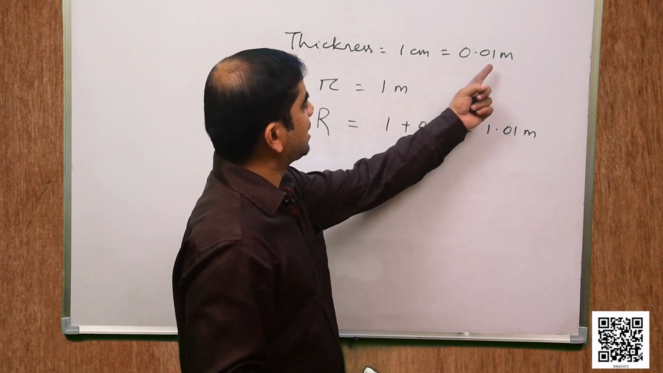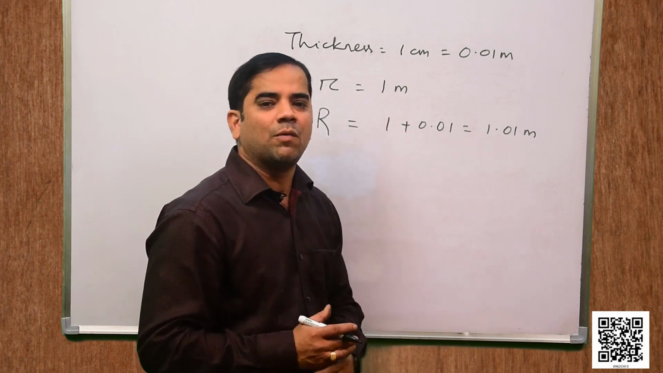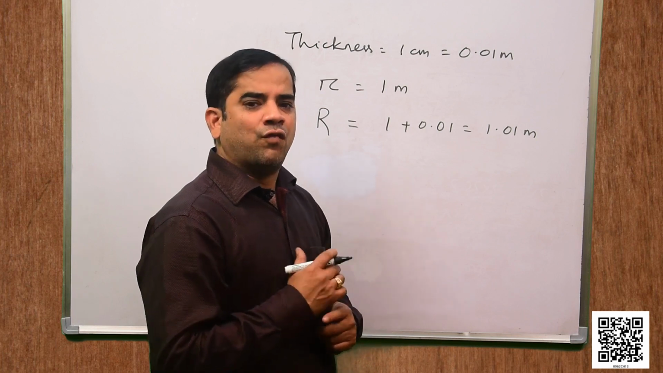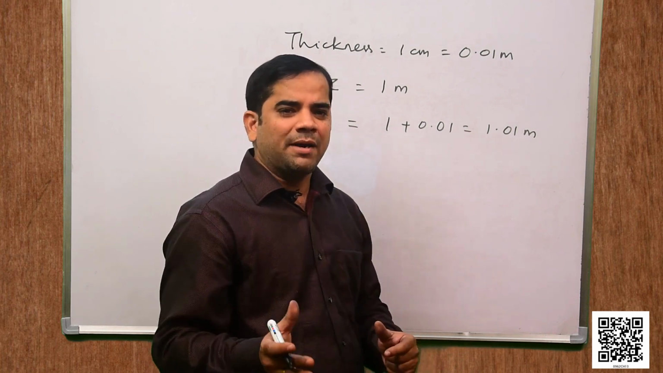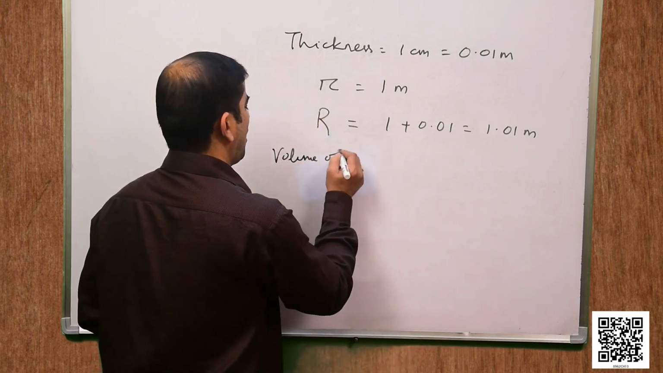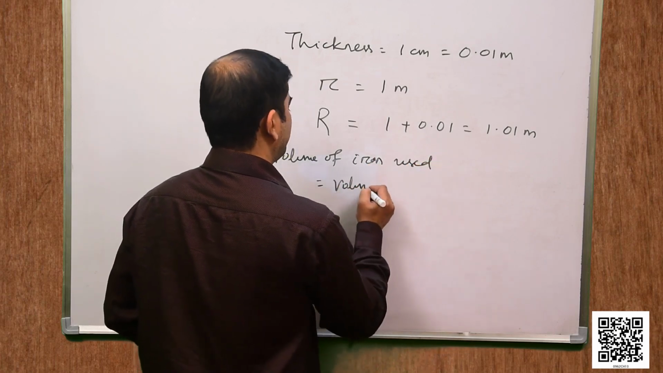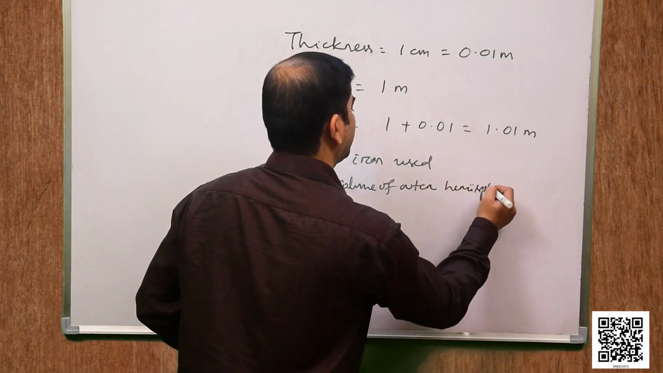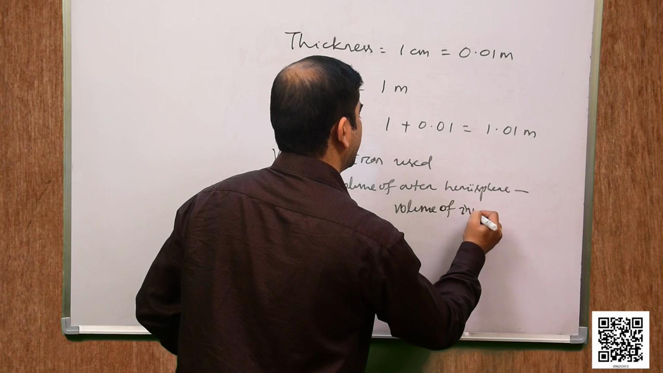Because this is the thickness, we need to add it with the radius, that is inner radius, to find the outer radius to be 1.01 meter. Okay. So, let us find the volume. Volume of the iron used should be volume of the outer hemisphere minus volume of the inner hemisphere. So, volume of iron used is equal to volume of outer hemisphere minus volume of inner